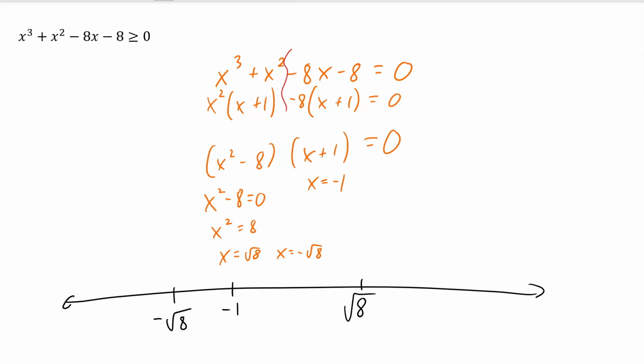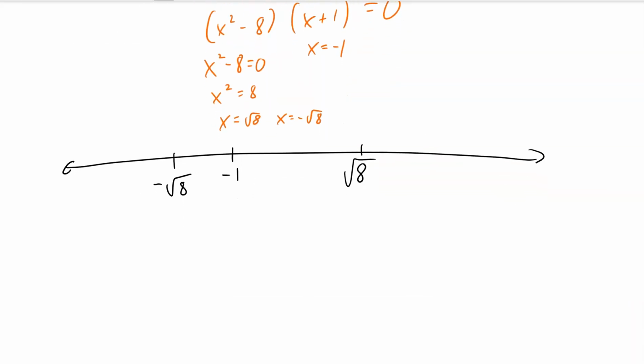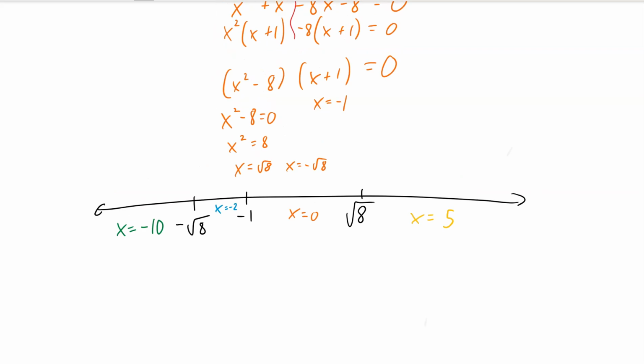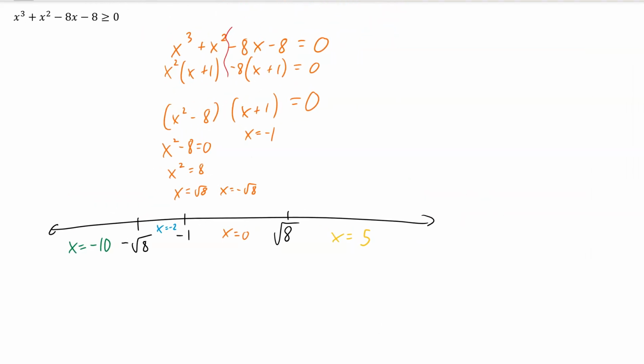This breaks up my number line into pieces. I try a number from each piece. x equals -10 is going to be definitely in that leftmost piece. Between negative root 8 and -1 it's going to be -2. Between -1 and root 8 would be 0. Past root 8 would be 5. And you know what will make life easy? I'm going to plug it into the factored version. I'm going to plug it into (x squared minus 8)(x plus 1) is greater than or equal to 0. If I plug in -10,